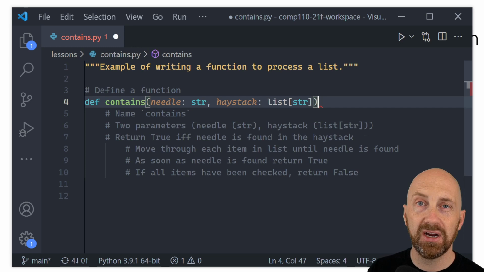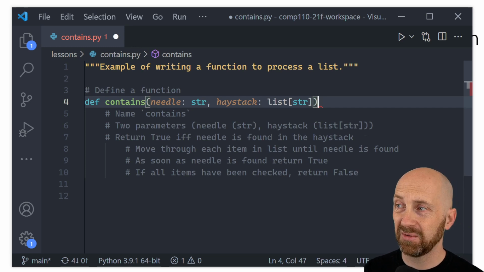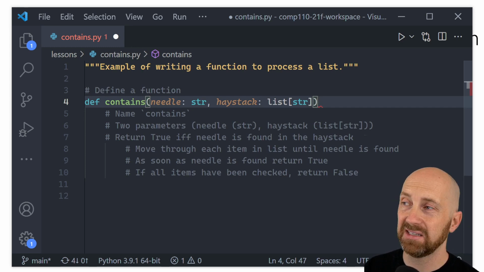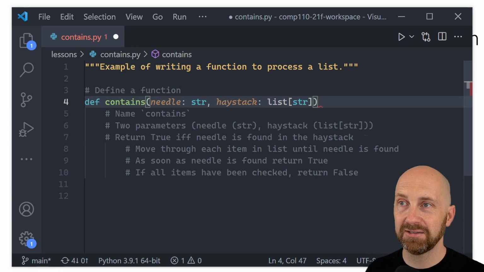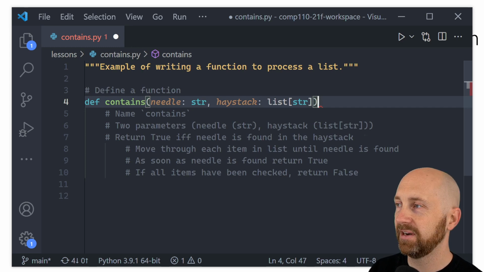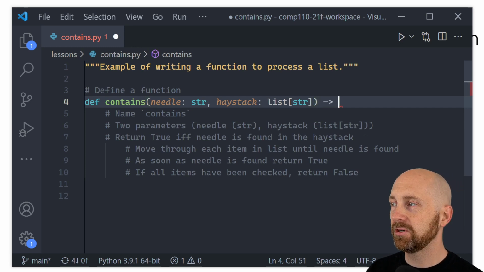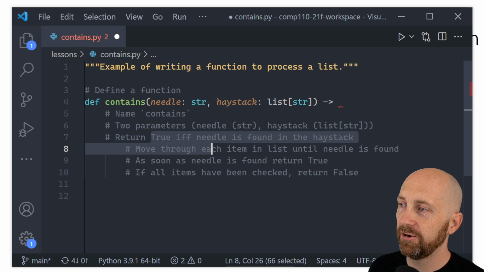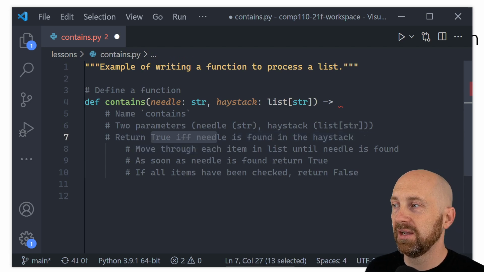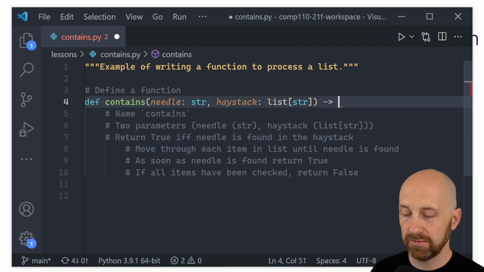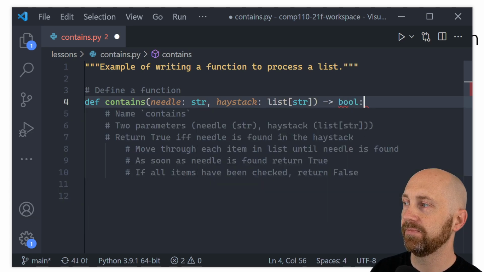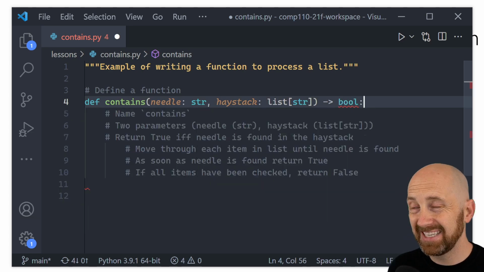But it's useful to try and choose parameter names that, when someone looks at a function definition, they can say, okay, you told me you're looking for, like, needle and haystack implies some relationship there. We're trying to find a needle in a haystack. And the return type of this is what? Well, we see in our notes, we're going to return true if the needle is found, false otherwise. So the return type of this function better be a Boolean. Okay. So we've got our signature set up,